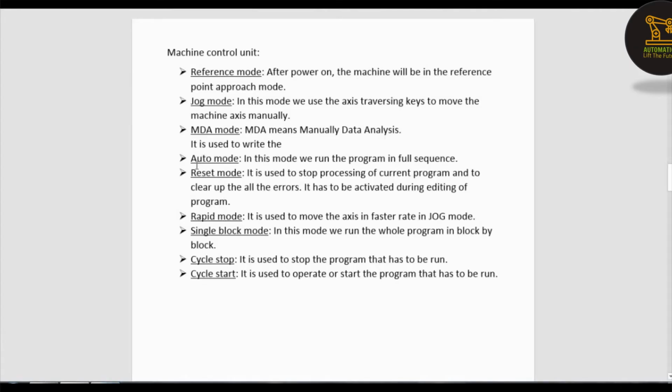MDA mode. MDA means manual data input. It is used to write the program block-wise.